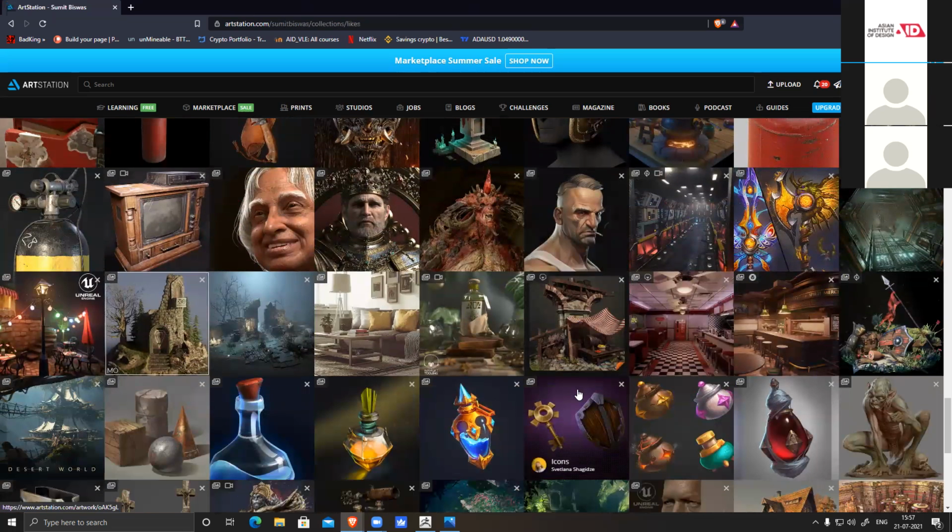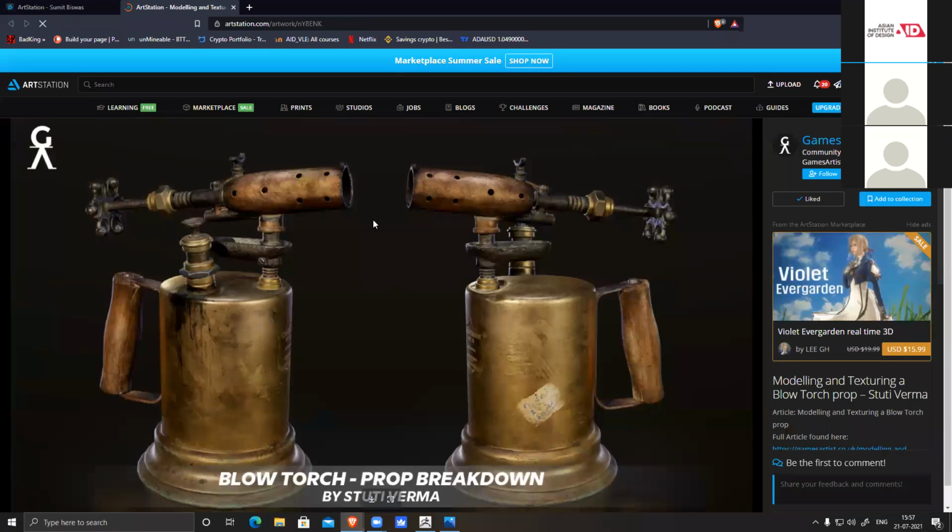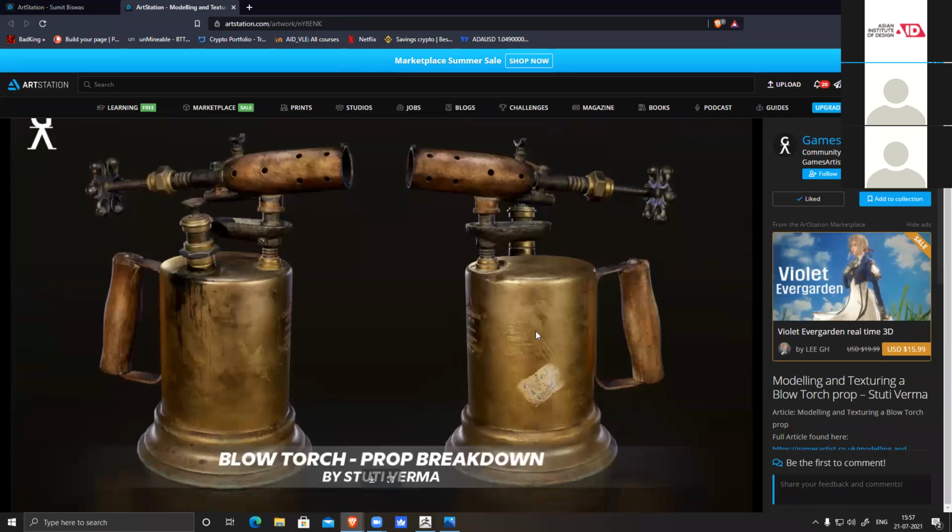So rendering also, but we have Marmoset, we have Unreal and all, so we can do renders very easily because it's all real time. It's super fast and super easy. So you can create all these things. You can see the quality of work, it's very good. This kind of quality is required.